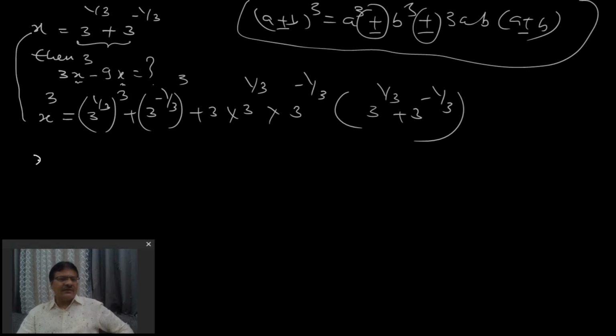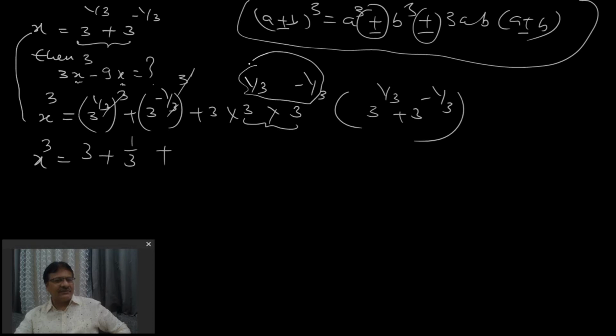Is that clear, guys? Now x cube equal to, can I write this 3 cancels with this 3 power minus 1? Can I say this is 1 by 3? And one more thing, base is same, then powers can be added. So when it will be added, then 1 by 3 cancels with 1 by 3. Anything power 0 is 1, so I will get 3 only. Yes, no? And 3 power 1 by 3 is the remaining thing I can write here, plus 3 power minus 1 by 3.